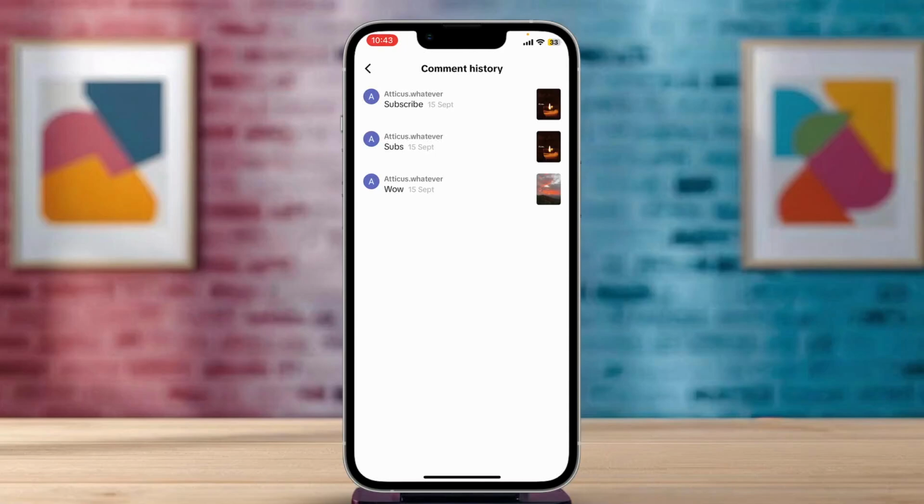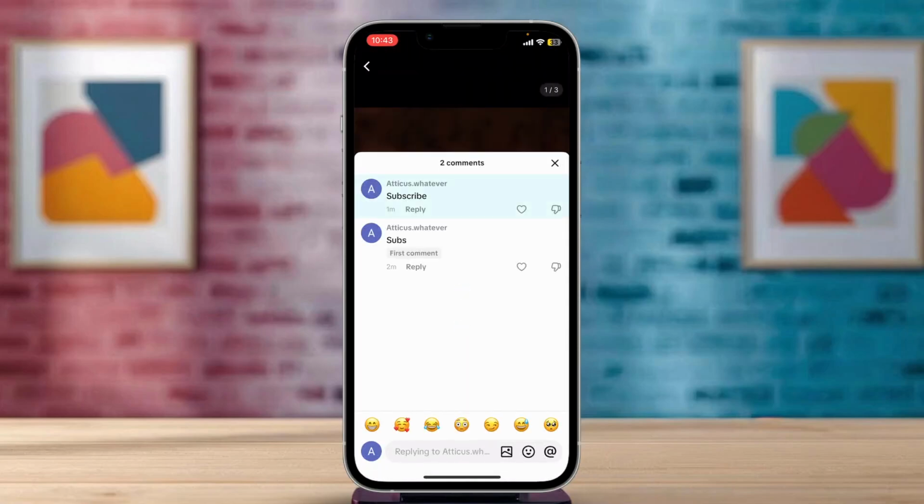From here, you can head over to the post as well, where you just commented, and you can edit the comment as